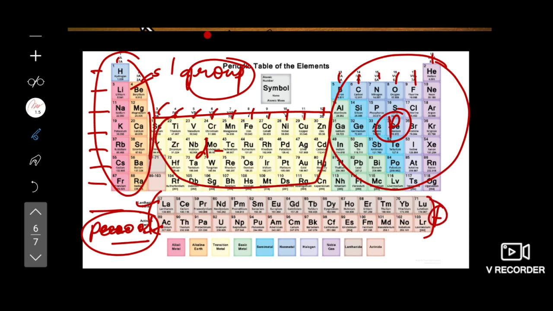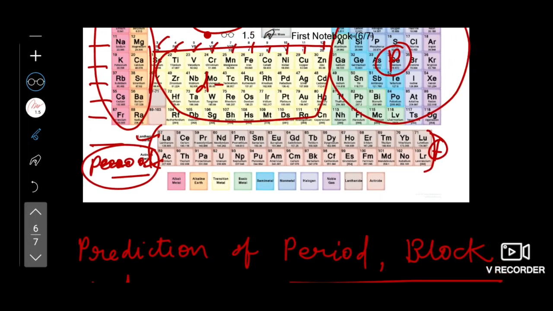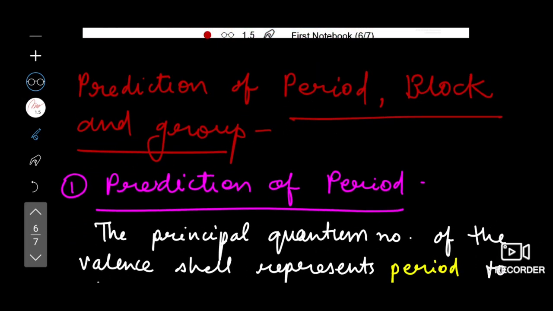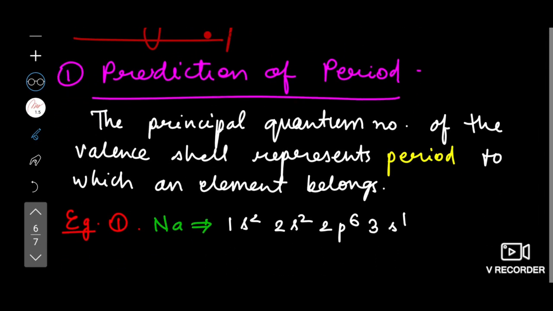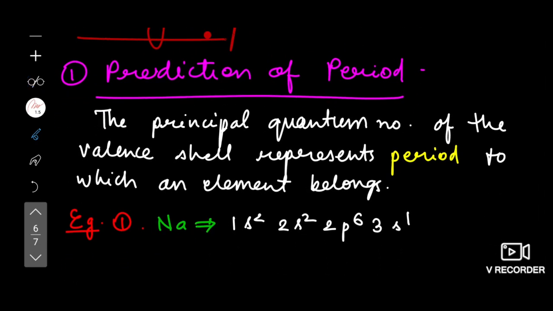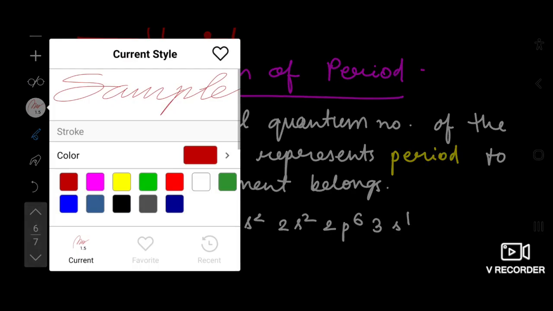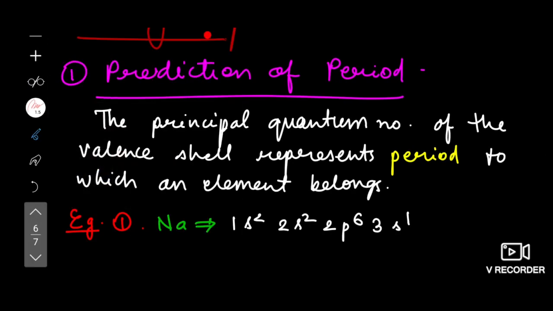Then in the periodic table, the vertical lines are the groups, the horizontal lines are the periods, and the elements are classified on some basic properties into four blocks, that is s, p, d and f block. Then the main topic is how to predict the period, block and group of the element that is given. First is the prediction of period. So how can we predict the period that is given? First of all,